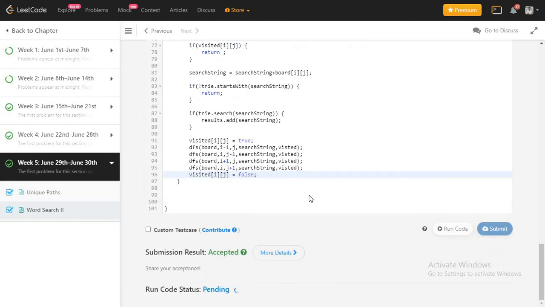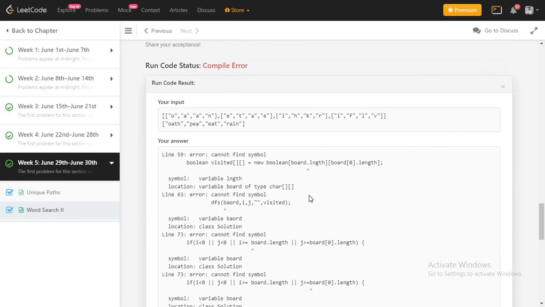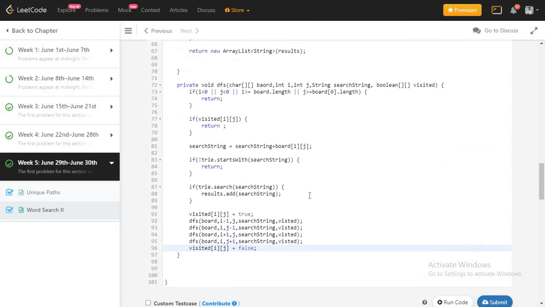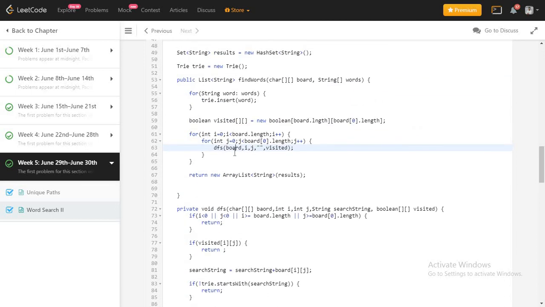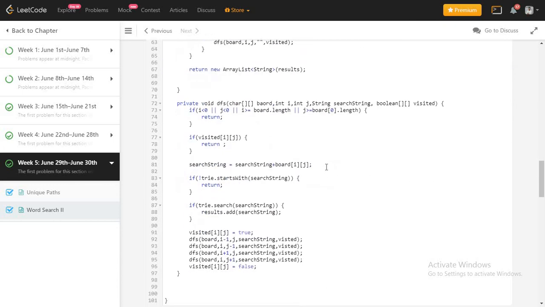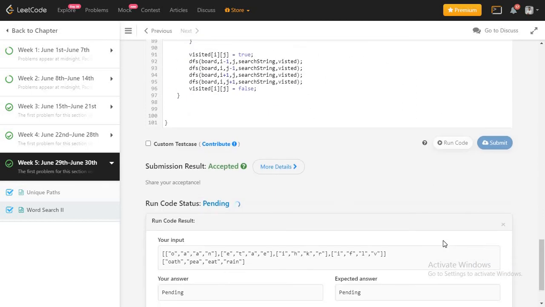Let us run the code and check what output we are getting. It's throwing some error. Let me fix it. Yeah, there are some spelling mistakes. Let me fix them also. Yeah, let me run once again.